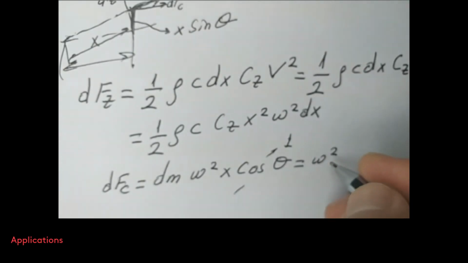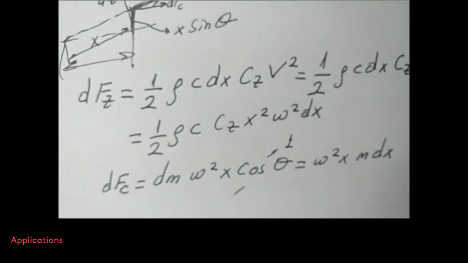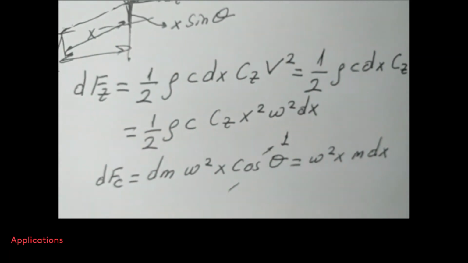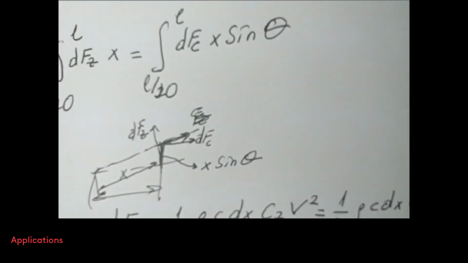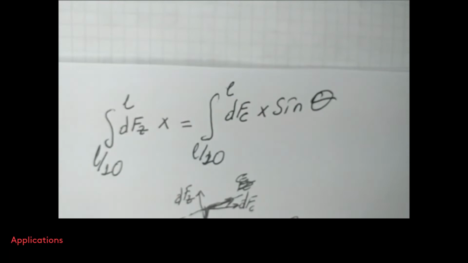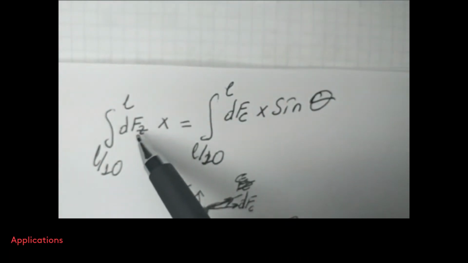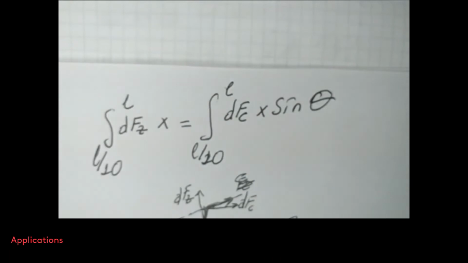x multiplied by m, where m is the mass per unit length multiplied by unit length. Okay, so again, if we substitute these expressions into this moment equilibrium, dFz, dFc x sine theta, we will obtain this expression: